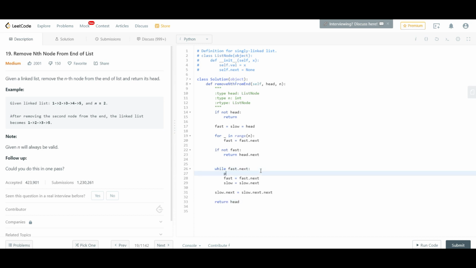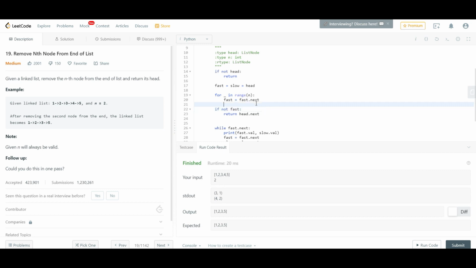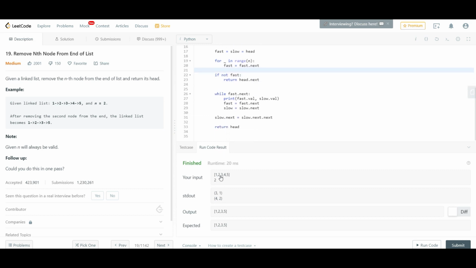Cool. So let's just write a few prints so that we get a better depiction of what we're trying to do. So let's just run this code. Hopefully it should run fine. So as you can see here, the fast pointer is presently at 3 and slow pointer is at 1. Then it gets traversed again to 4, that's the fast pointer, the slow pointer is at 2. And then when it sort of comes to 5,